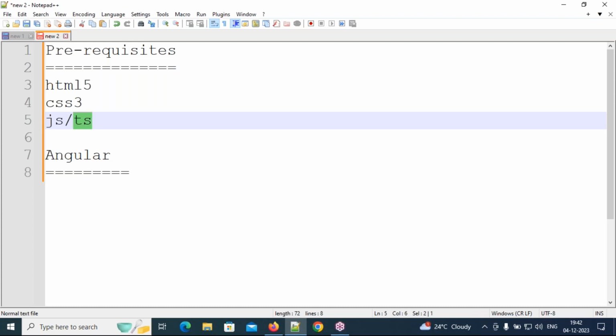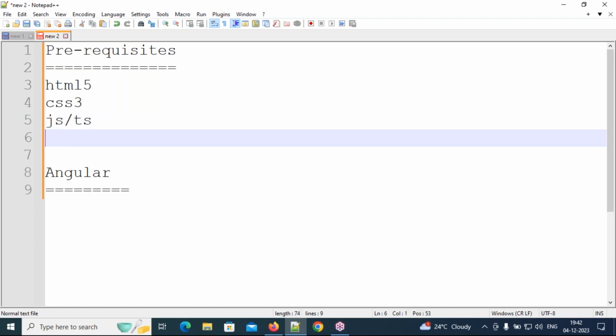Then after that, we need to know about Bootstrap as well, because in order to understand the responsive concepts related to Angular, it will be very useful for you. No need to worry. If you don't understand, it's also not a problem. I will explain the responsive designing concepts one more time when we start Angular. Especially when you are working with forms, I will explain the Bootstrap related things and how to configure it.